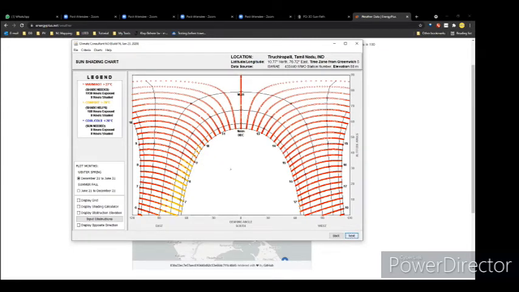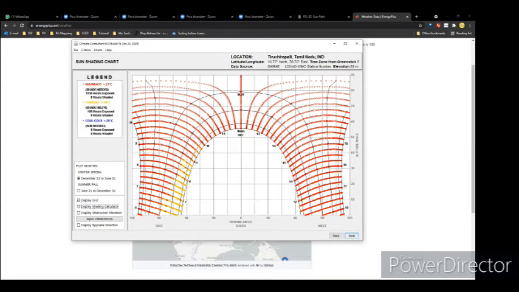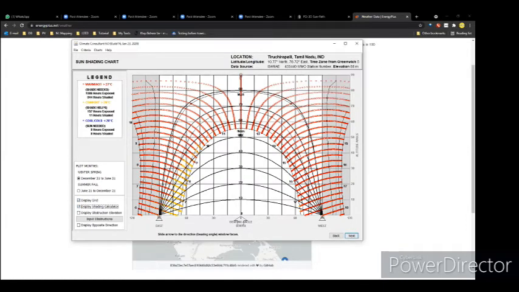So this is what we discussed before. This is a sun chart. For example, you can click display grid or display shading calculator. Imagine this is for the south facing window, and this one determines the angle or the length of the shading. For example, this is 10 degree, 20, 30, 40, 50, 60. Once you create the shadow range, let's say over here, you can see the numbers changing. Without any shading, on the south facing window, you have almost 1100 hours exposed. That means your building is going to overheat.